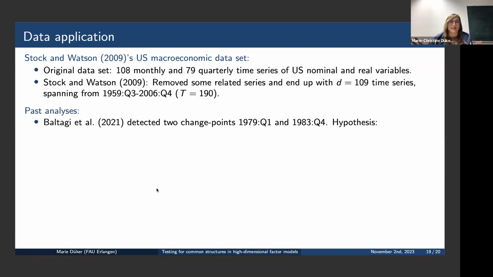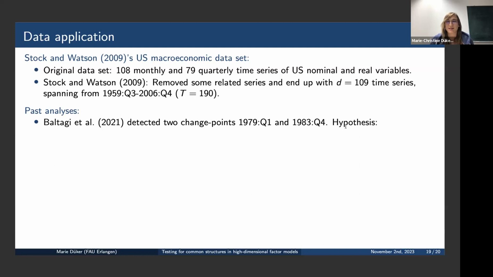This data set has been studied very extensively in the factor model literature, right? And over the last years, I would say the literature is proposing that there are two change points. What we did is we based our analysis on this paper by Baltagi, because as I said earlier, for our test we need to apply a regular change point test first. And since there has been some kind of agreement on there being two change points, or at least there's a lot of evidence on that, we thought that's maybe a good paper to start with. So they find two change points,